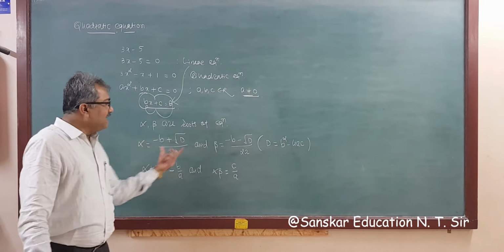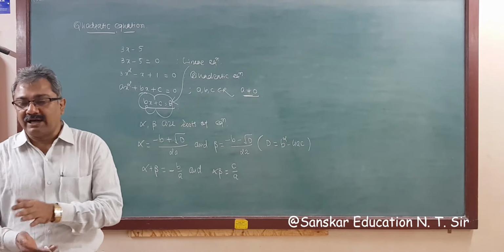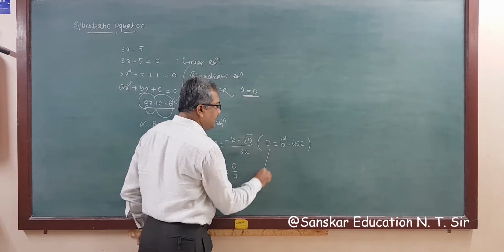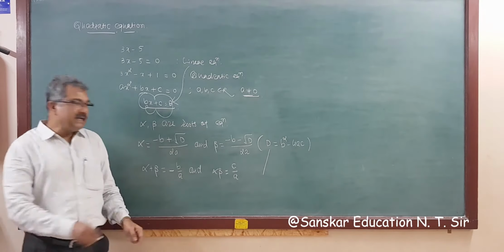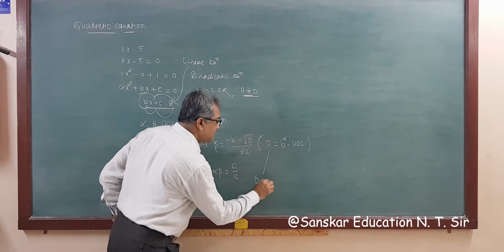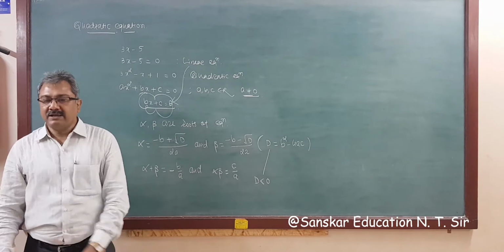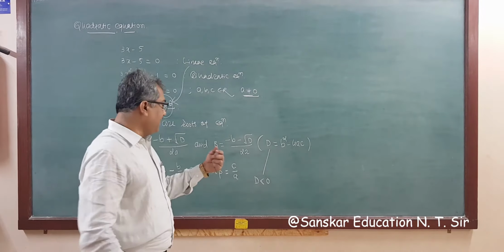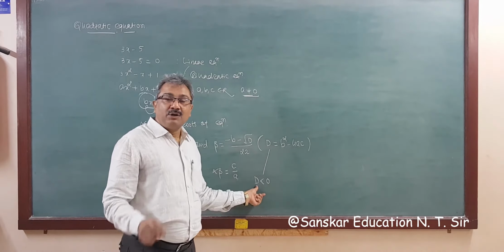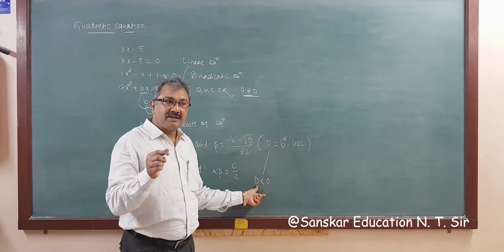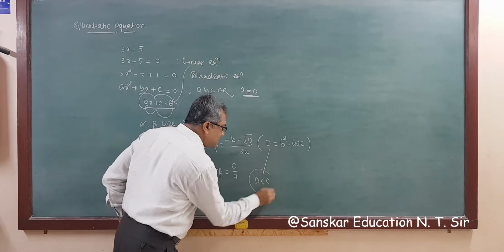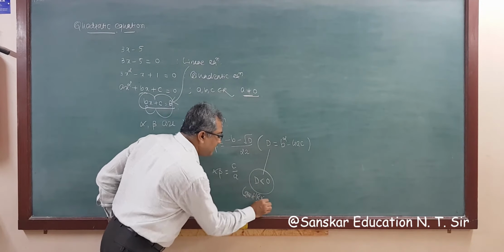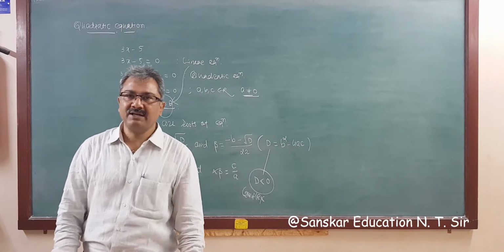Now what about the nature of this root? If alpha and beta are the roots of the equation, then the nature of the roots depends upon this d, right? If d is less than 0, then you get complex roots. आपने 10th standard में सीखा है कि if d is less than 0, then roots do not exist, you are writing that, right? But now in 11th science, if d is less than 0, then roots are complex. ये हम सीखेंगे, complex numbers chapter है उसमें, right?